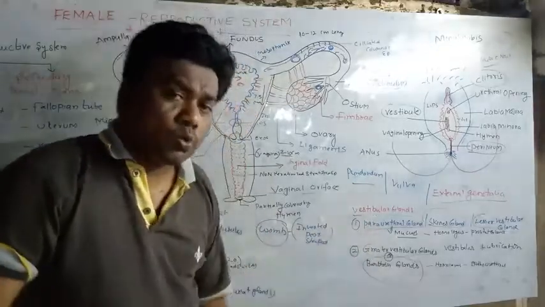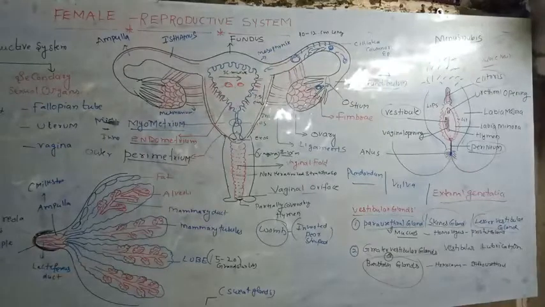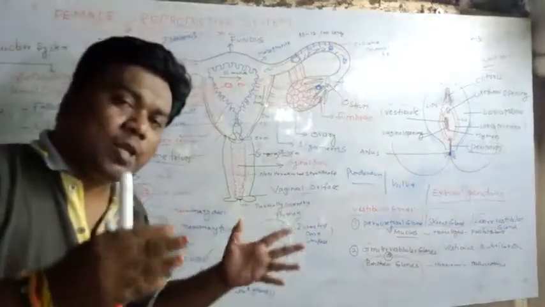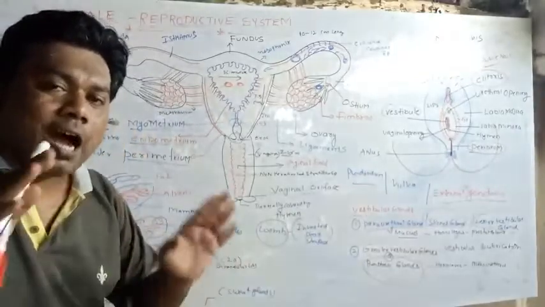After that, we will discuss the next one, which is called the mammary gland. You can see here, beta, this is the linear section of the mammary gland. Where are these mammary glands located, beta? Mammary glands are located in the chest region. Females have one pair of mammary glands.